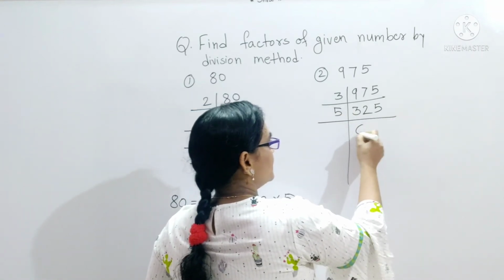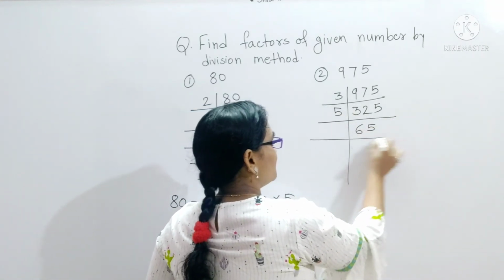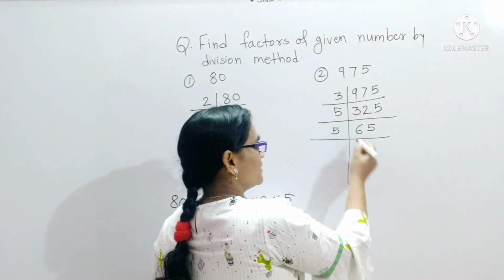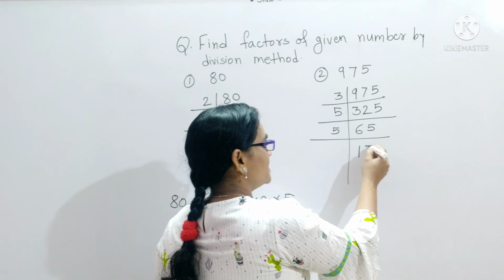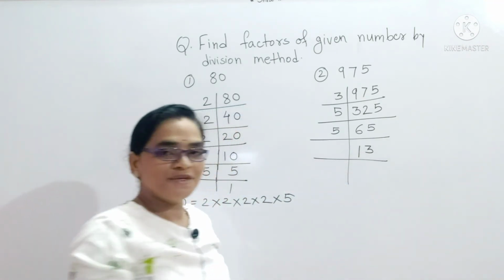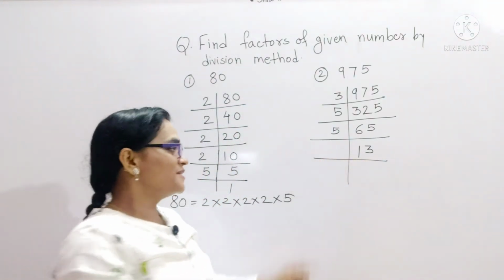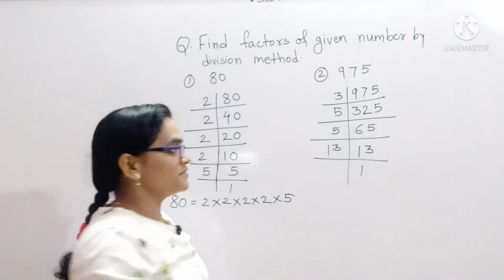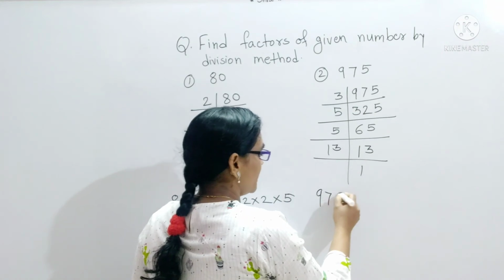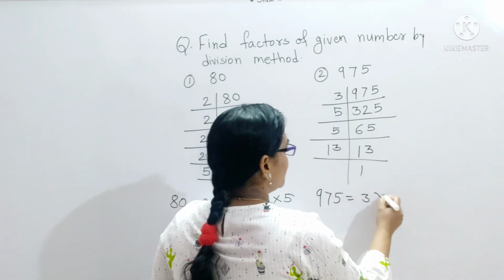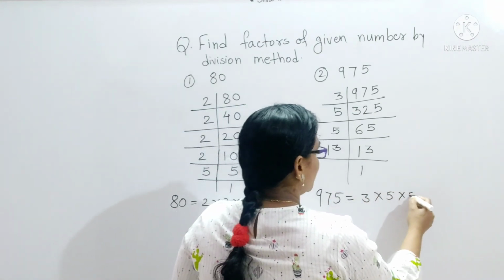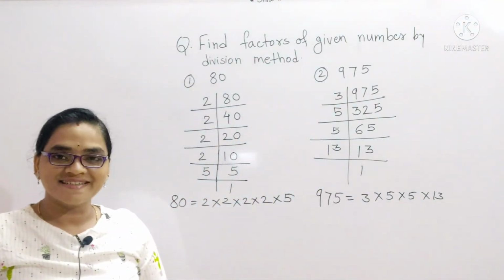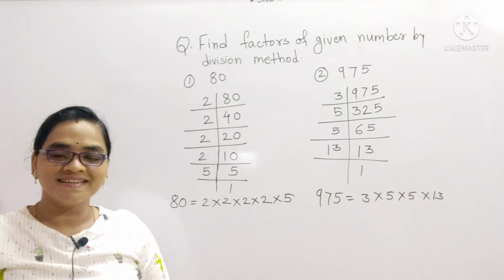Then 5 6s are 30, 5 5s are 25. Again 1 plus 5, means again it is divisible by 5. 5 1s are 5, 1, 5 3s are 15. And now we know 13 is a prime number. It is divisible by 13 only. 13 1s are 13. Means the factors we got for 975 are 3 into 5 into 5 into 13. Okay. Then next, third example, see